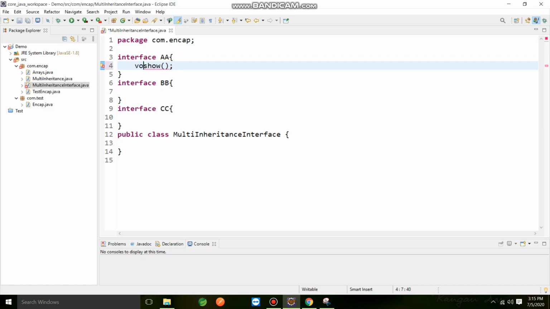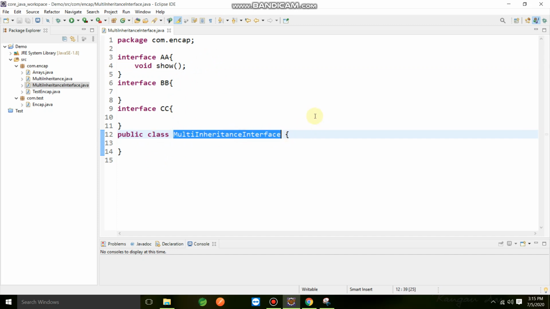So you can see here, it's a method but there's no body. We just close it. It's a prototype, we are just declaring the method show. Suppose I implement that particular AA in the class MultipleInheritanceInterface, then I need to implement show.